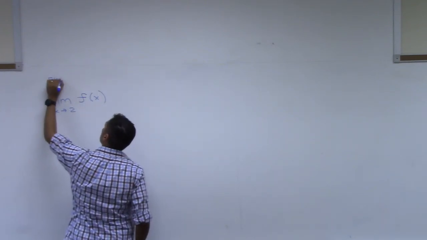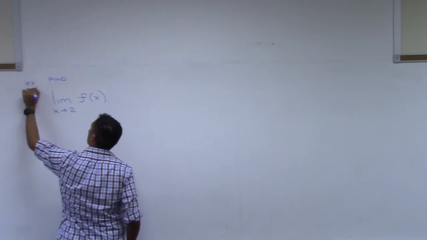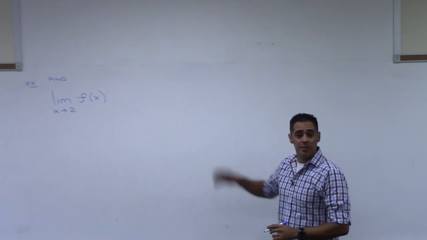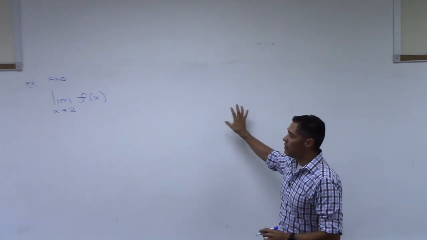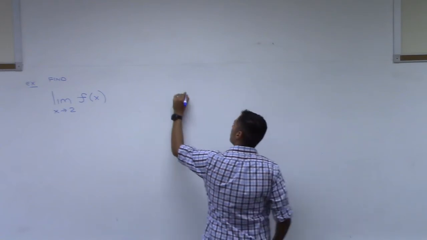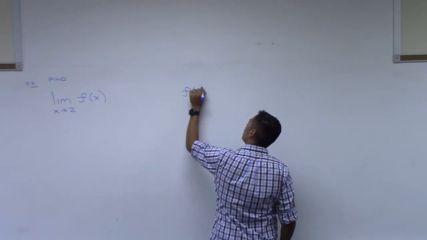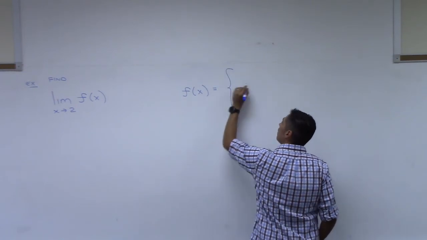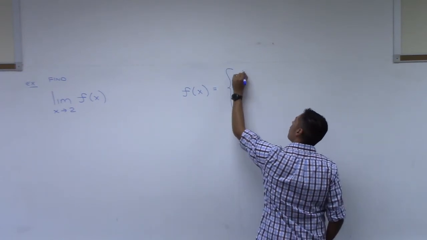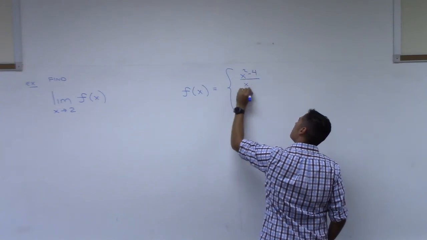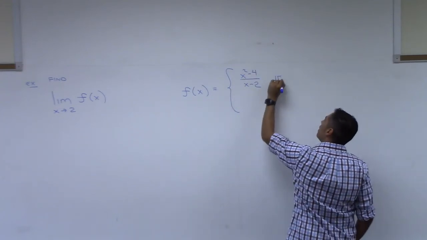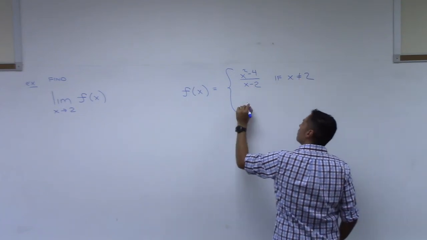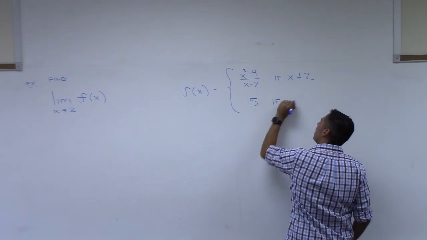So find the limit, this is an example, find the limit as x approaches 2 of f of x. Now, I haven't given you the function, right? So I'm going to give you the function over here. Let me tell you what the function is. F of x is equal to x squared minus 4 over x minus 2 if x is not equal to 2, and 5 if x equals